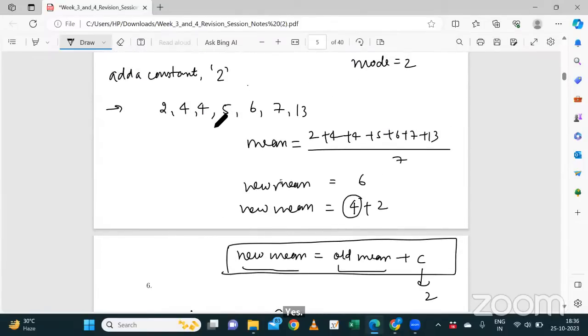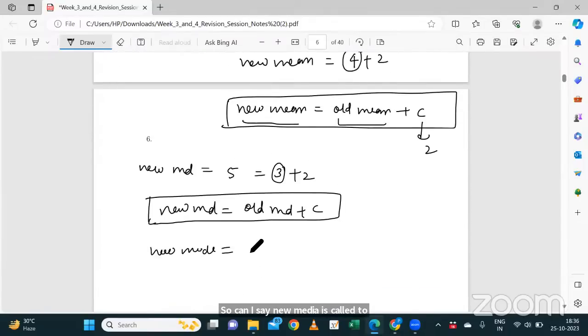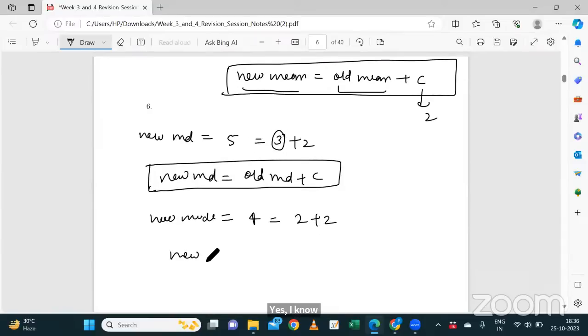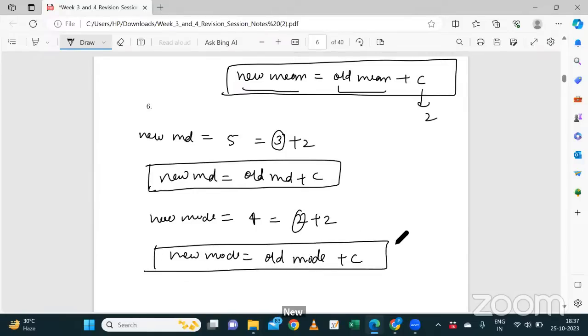What about the new mode? The new mode is here 4, which is nothing but 2 plus 2. So can I say the new mode is the old mode of the data set plus that constant? Correct? So far so good? Now